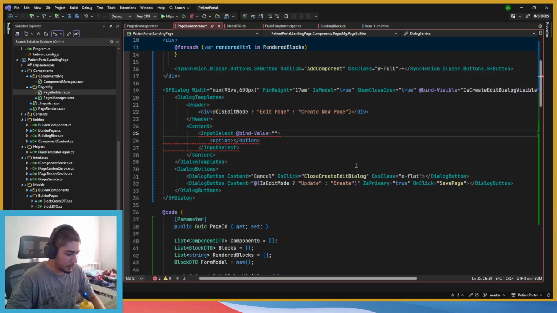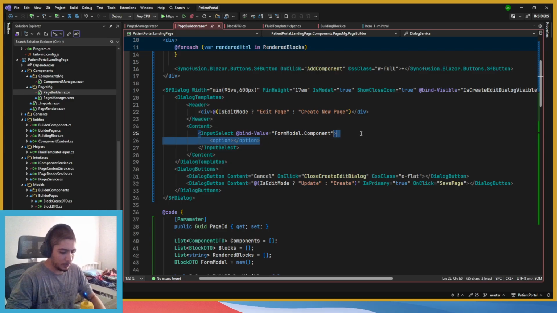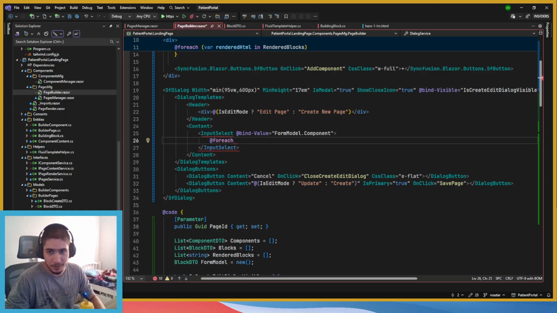And we're gonna bind the value to model.template or component in a sense. Yep, component. Options. I don't think we should have no options. So what I'm gonna do is I'm gonna do for each here. It's visible. Just checking if it's visible actually. This might not be visible.